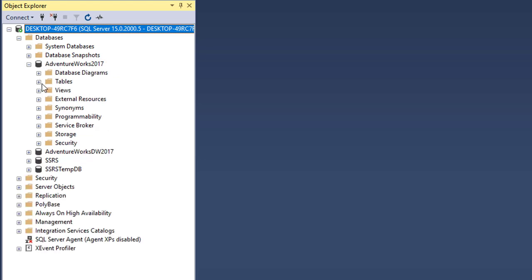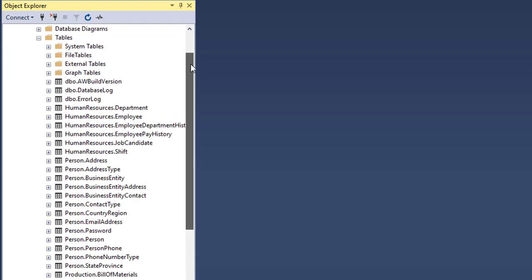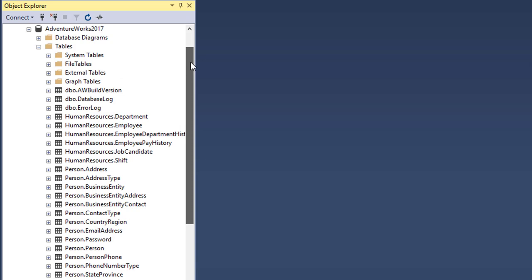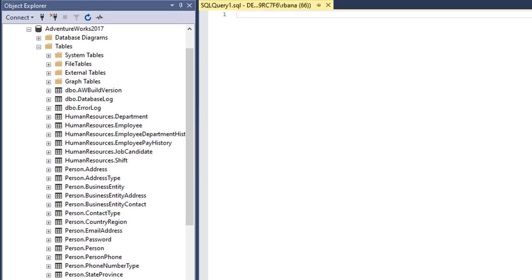So here we're going to use the AdventureWorks database, and what the select statement allows you to do is select from the tables within that database. So we're going to open a new query window,